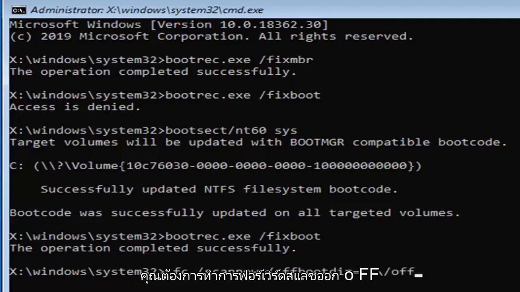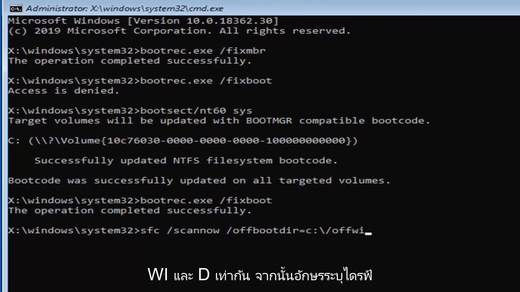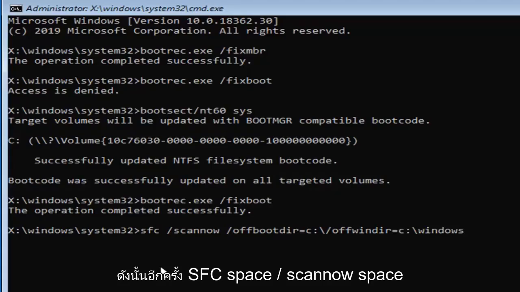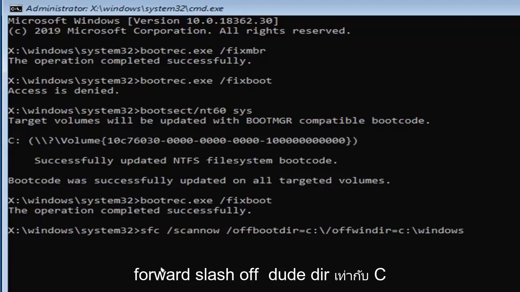Then you want to do a /offwindir equals, and then the drive letter again, so C:/Windows. So I know that was a lot here, guys. So again, sfc space /scannow space /offbootdir equals C: